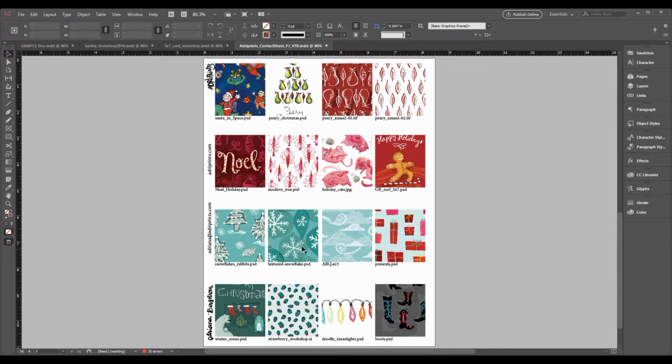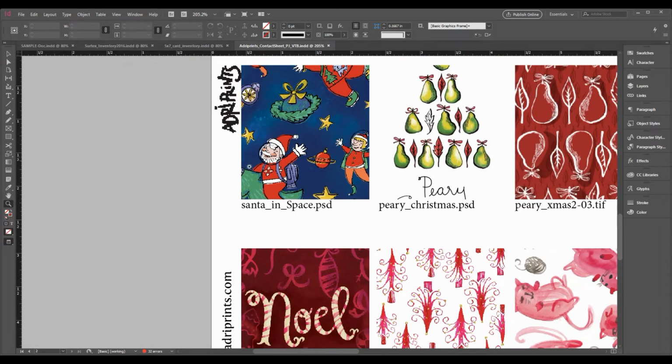And I like to use contact sheets to promote specific thematic work. It's a great way to show all your work in a quick way. That's what contact sheets are for. And in this example, you can see that I have my branding on the side, my logo, and you can